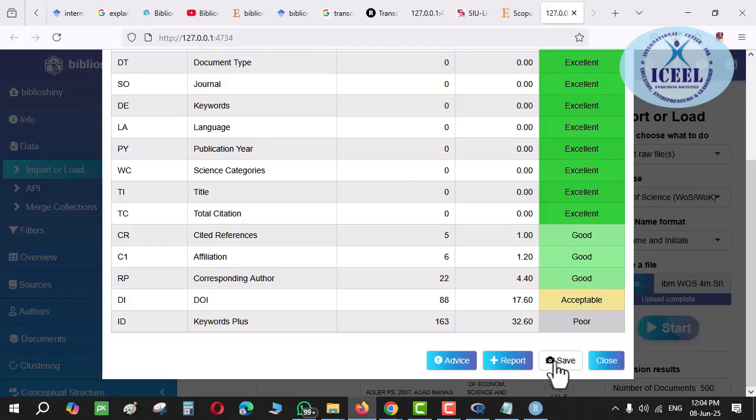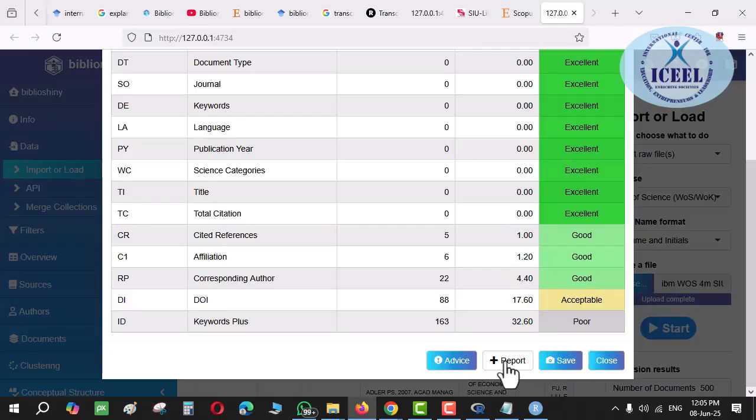How to save it? Just click on this report, then it will be getting saved into the report file. Or if you click on save, last time I would have shown you that when you click on save, in the document directory it is getting saved. I hope that you guys recall it. Should I show you again? Show it again. Okay. So when I click on save, it will get saved over there.